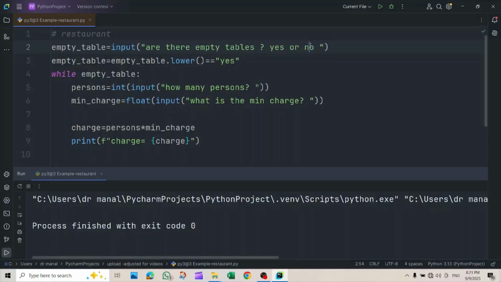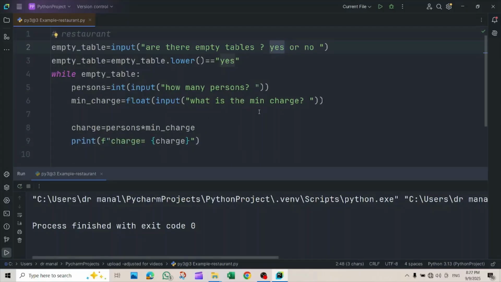If we enter a no for this question, then empty table will be false. We'll have the Boolean false. While empty table is true, it is not available. Empty table is false, and therefore the block in the while loop will not be executed and the program will end. If we enter a yes here, now while empty table is true, the block inside the while loop